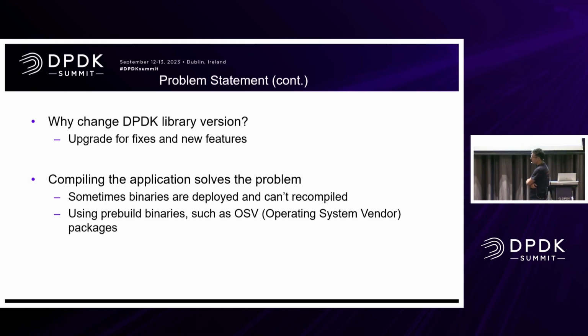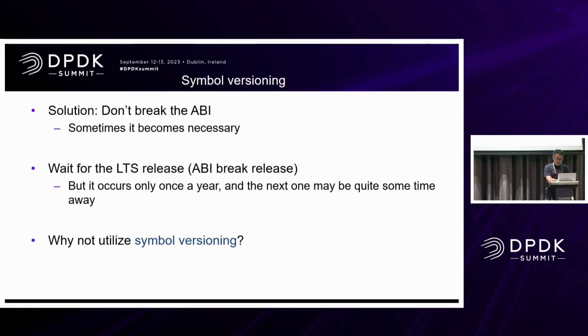But if you are using a binary distributed application, that's not an option. You didn't compile it in the first place, or if you are using a Fedora or Ubuntu package, again, it's not an option to compile from scratch. So what are our options? One thing: don't break the ABI. That is one option. Some projects prefer to not change the function at all and keep adding new ones.